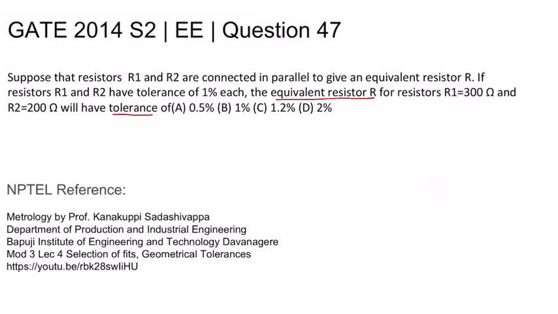This is GATE 2014 set 2 Electrical question number 47. Suppose that resistors R1 and R2 connect in parallel to give equivalent resistance R. So if now the resistors R1 and R2 have 1% tolerance each, in that case for R1 as 300 ohms